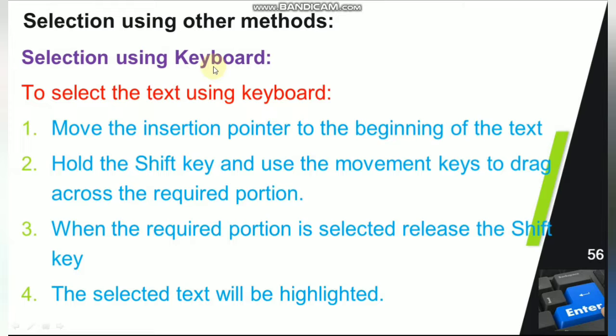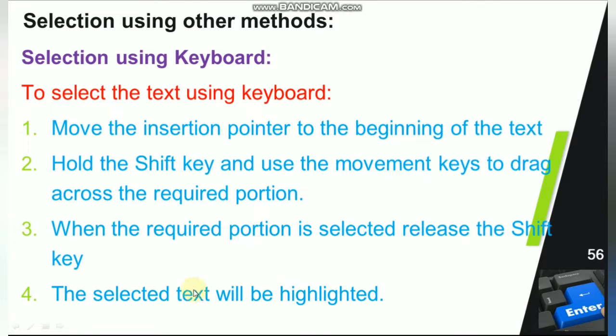Then by making use of the keyboard, as I said before, you should hold your shift key and use the movement keys. Movement keys are nothing but your arrow keys. You have 4 arrow keys: up arrow, down arrow, left and right arrow. By using your shift key and your movement keys, you can select the required portion of the text.